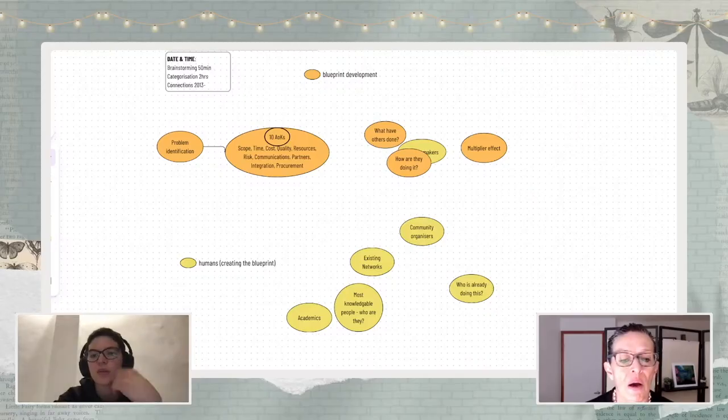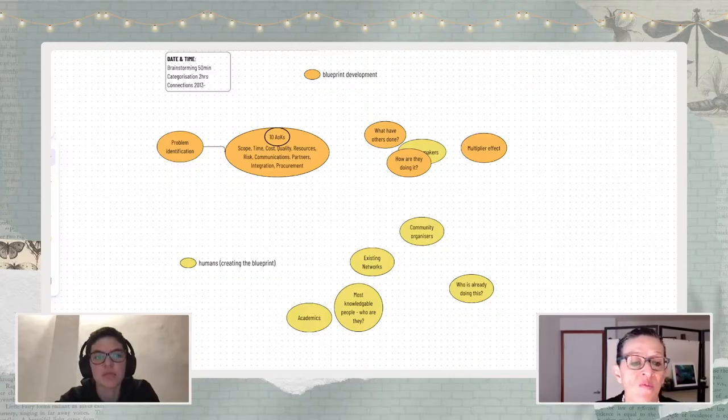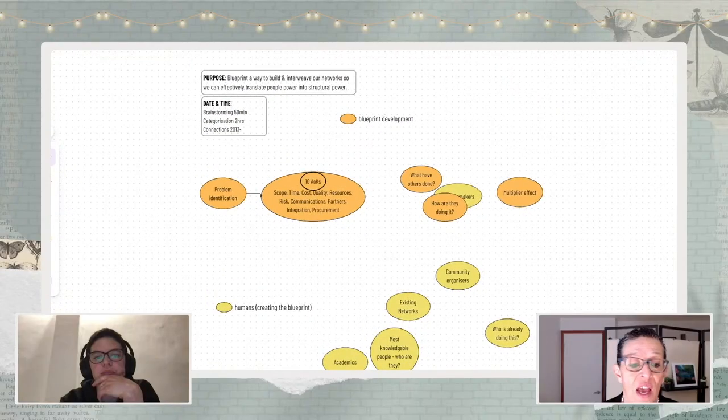So yeah, the way I'm moving through it right now is, problem identification is where we're at right now. I'm not sure, is this what we're doing right now, would you say? Well, for the problem identification, the community organizers and the academics are also linked to that problem identification. I don't know if you want to do it bubble by bubble, or by groups. I think just however it flows, I'm okay with. So yeah, so we can.